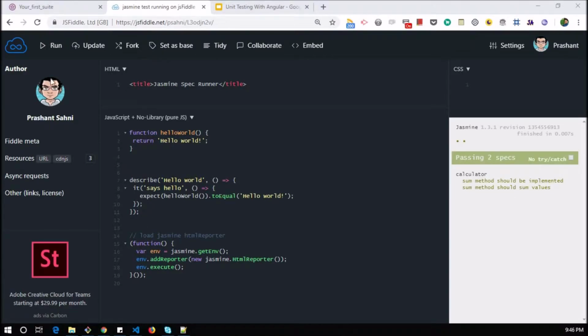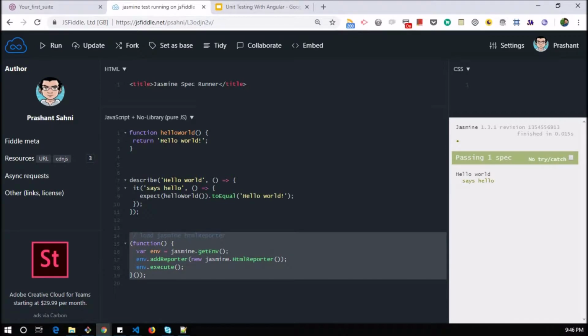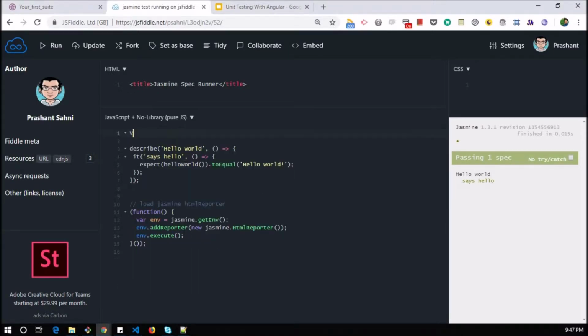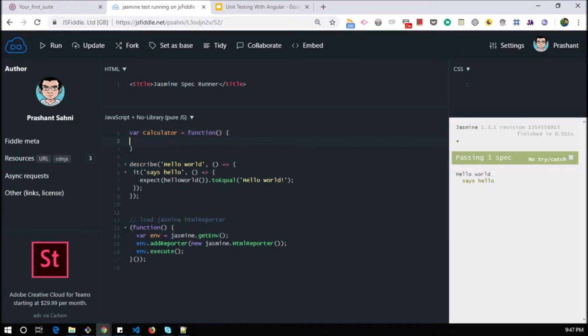So this test is running. As you can see, this part is for showing the output, and this is the function, and I wrote a basic test around this. Let's try to write one more test around it. Suppose I have an object called calculator with a method called sum,